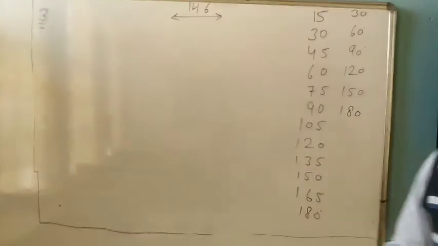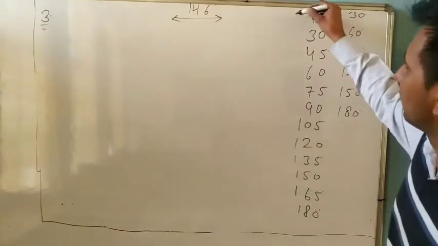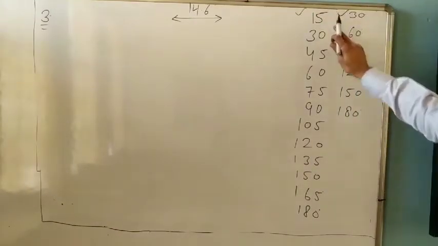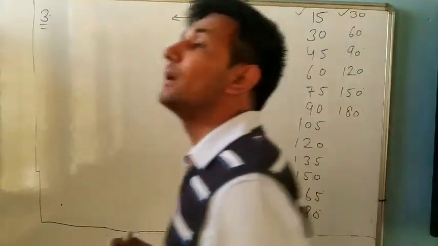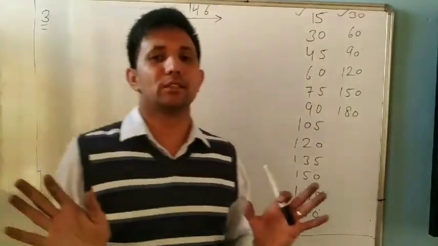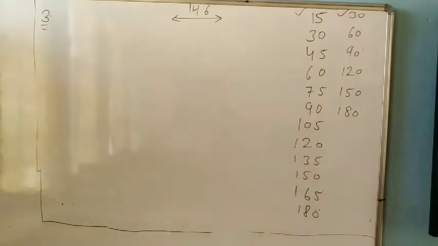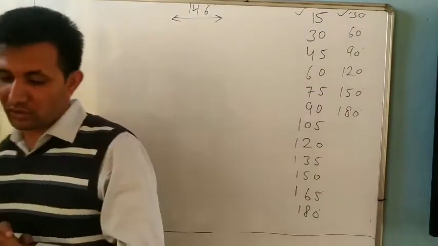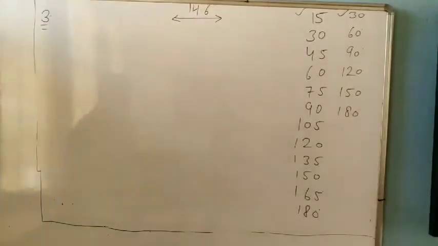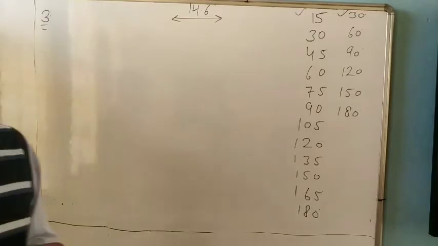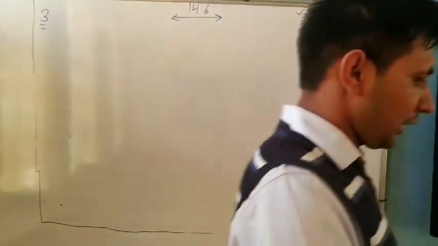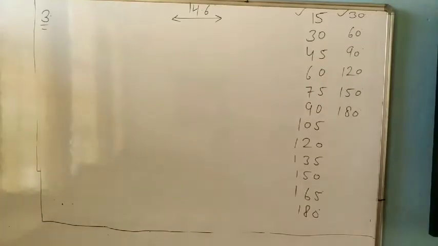Any angles if you observe in the question from the table of 15 and 30, you can make by compass. It is very simple to make by compass. We will learn now how to make by compass. If you understand it once, you can do all the rest of the questions yourself. Okay? Do it yourself.